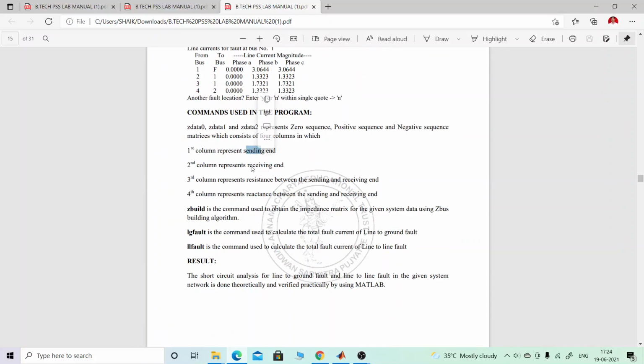The second column represents the receiving end. The third column represents the resistance between the sending end and the receiving end. And the fourth column represents the reactance between the sending end and the receiving end.